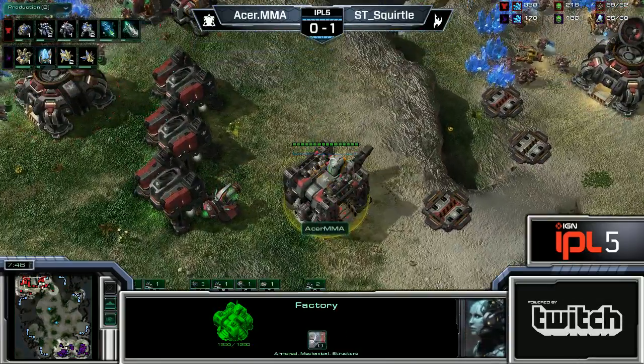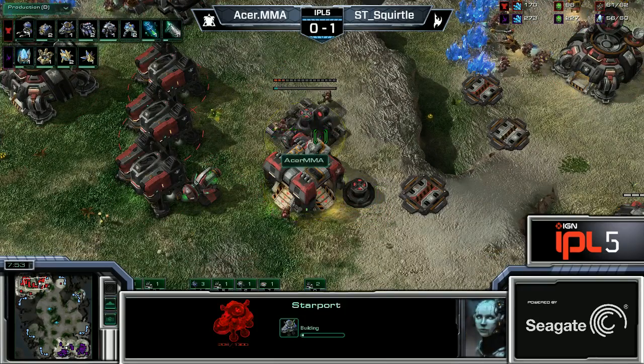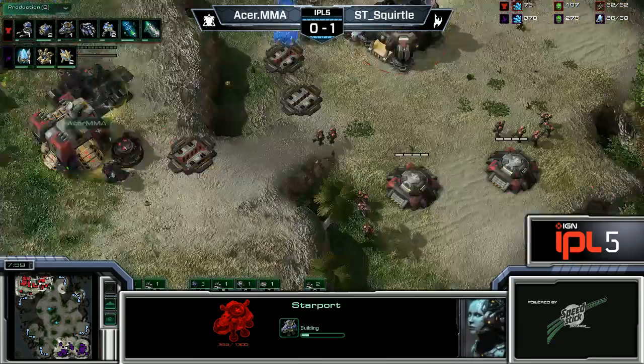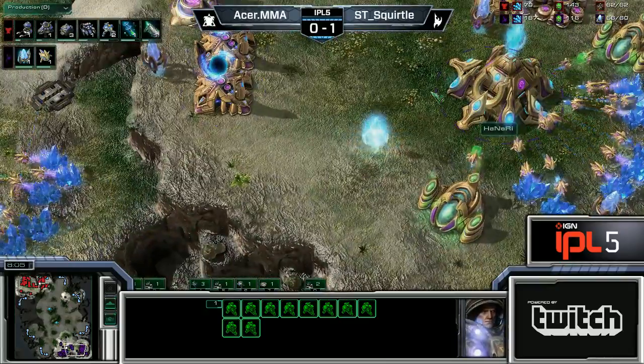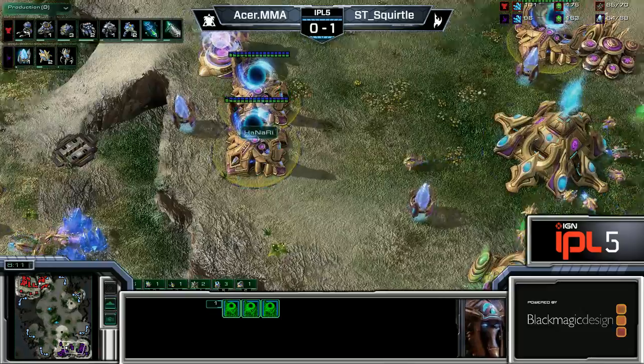All right, so I want to wait for a reactor. Is he going to build a reactor? There it is. There we go. And here's what's interesting. All right, it's going to be 2 medevacs. If he goes for a 2 medevac drop here, which he definitely could, Colossi, the timing here for Squirtle moving out across the map, he could actually hit right as these...